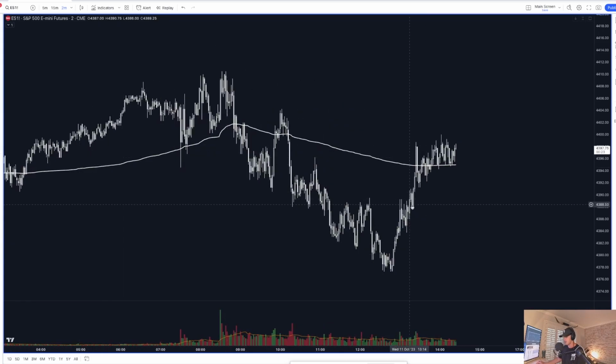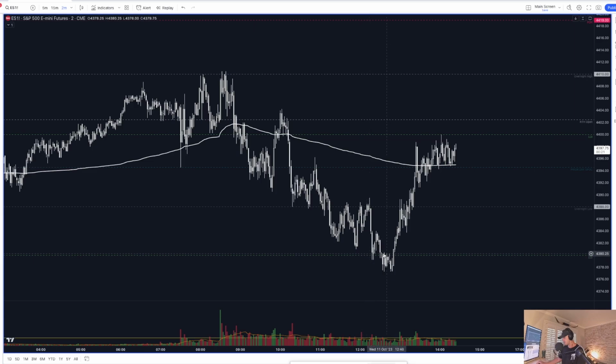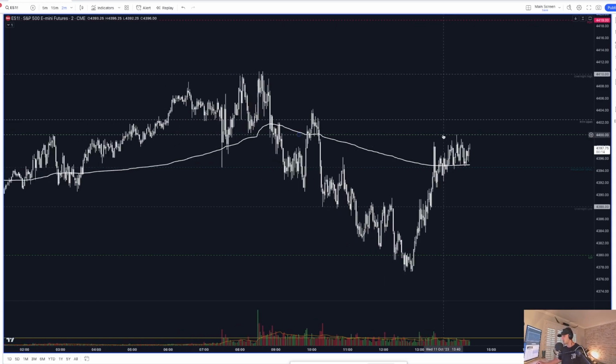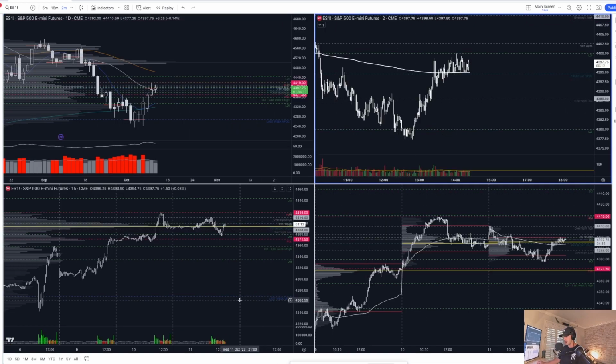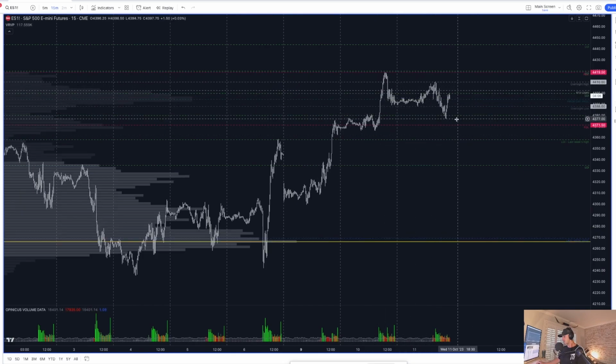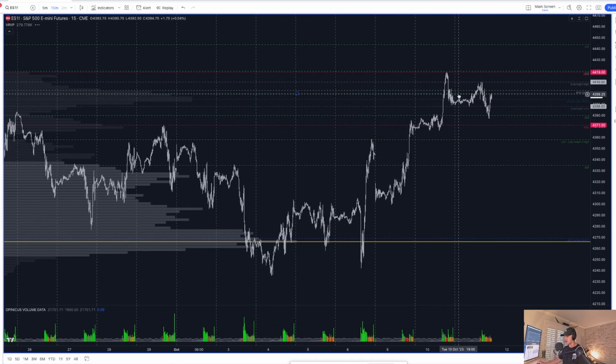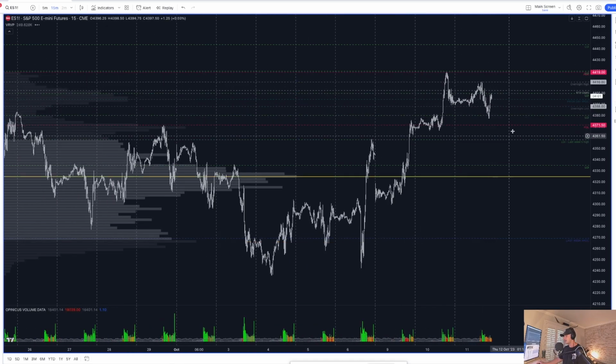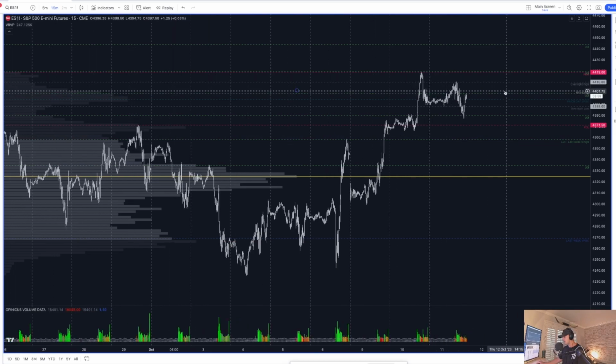on that ES. If I bring my levels back, you should see that right here. Yep, right through here. Recovered pretty swiftly from that 4380, and we're just back into 4400. So the question now is whether or not this is the extent of the breather, this is the extent of the pullback, and we're going to continue to push higher, or if we need more correction, and